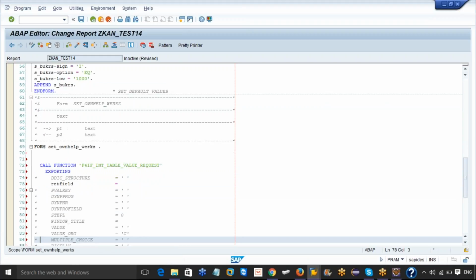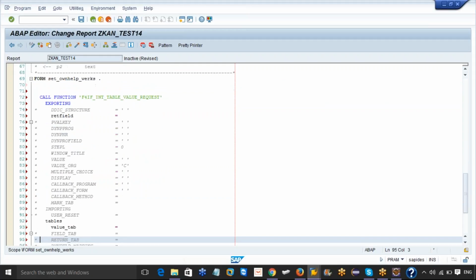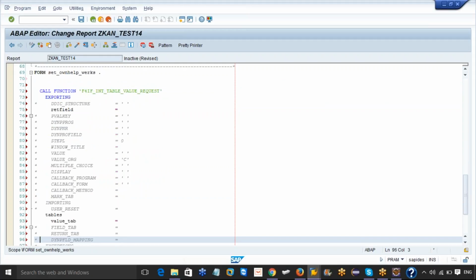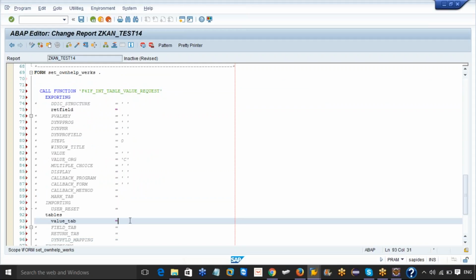This is a standard SAP built-in function module. If you provide an internal table here, that internal table will be displayed in the pop-up. What I meant to say is when you click on F4, a pop-up comes, right? So if you provide an internal table, for example, I will provide an iTab here